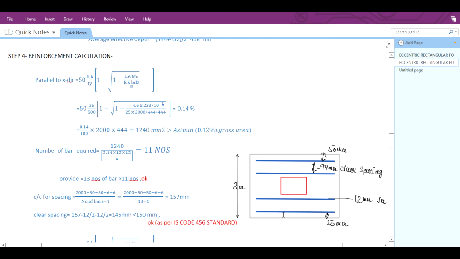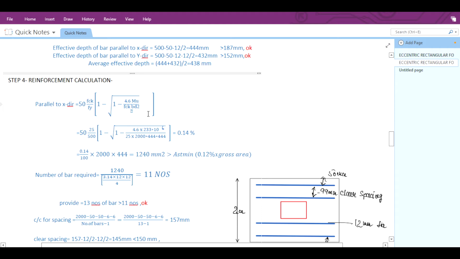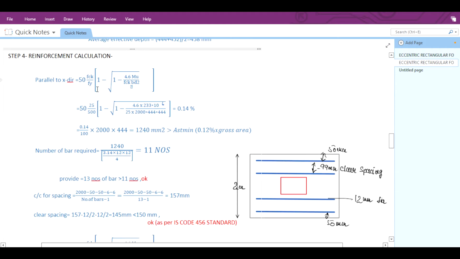The formula will be 50 multiplied by FCK by Fy, in bracket 1 minus square root of 1 minus 4.6 MUx, this will be the moment in x direction, by FCK BD square. So 50 multiplied by 25 by 500, in bracket 1 minus square root of 1 minus 4.6, and the moment in x direction,